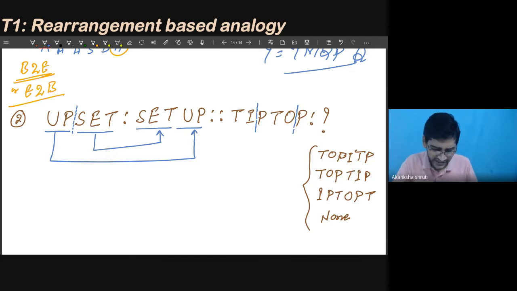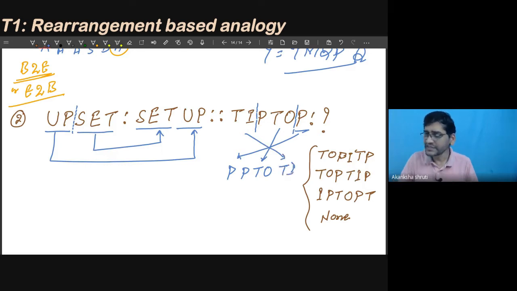If you are thinking like this, then obviously the end one you have to write first, means P, then this set, P, T, O, then this set, T and I. This is the one possibility. But whether it is given in option, not in option, so this is not possible. This is the first trial that we have taken, and this trial is wrong.